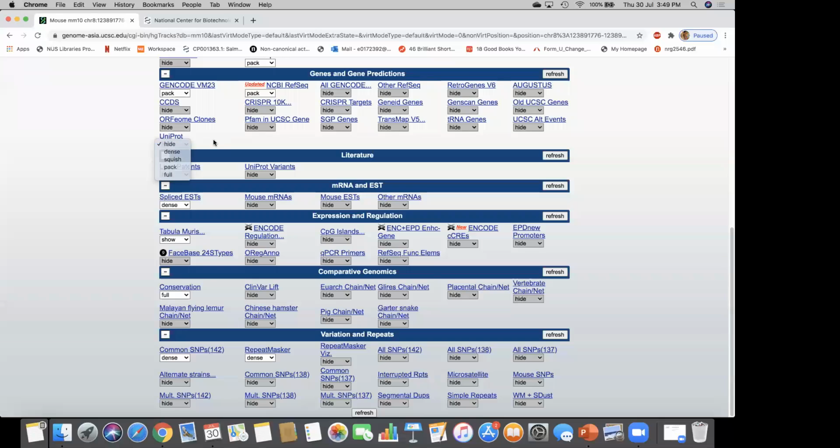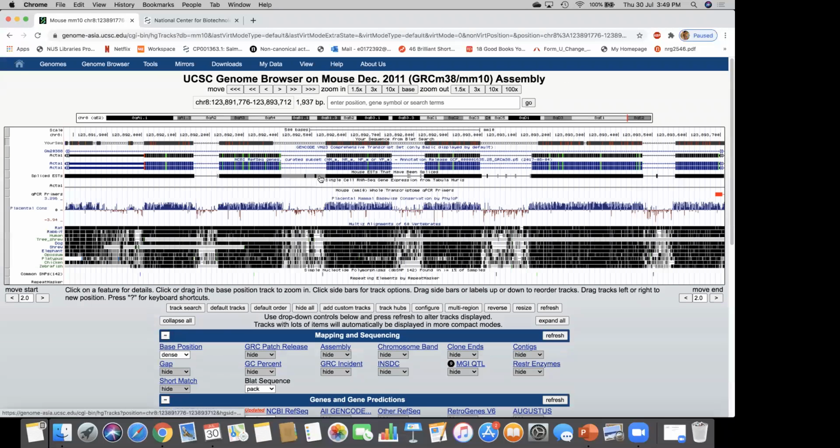All this information you can get. Here, for example, is an example of qPCR primers. If I want to use the qPCR primers, you can pick this one, then refresh it, and that will show you the possible qPCR primers.